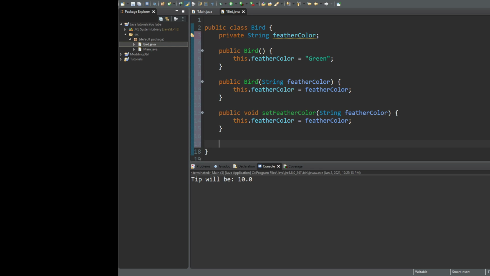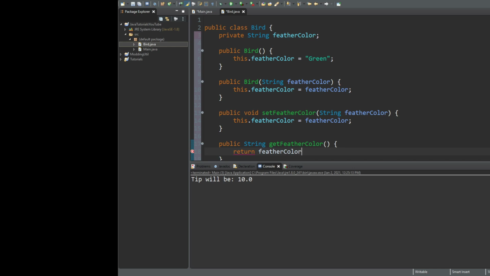And then when we go and do public string get feather color, this is to get the value of the private property. As you can see, we are not passing it anything because we're not assigning something. We only need to retrieve that value. So in this case, we go and return